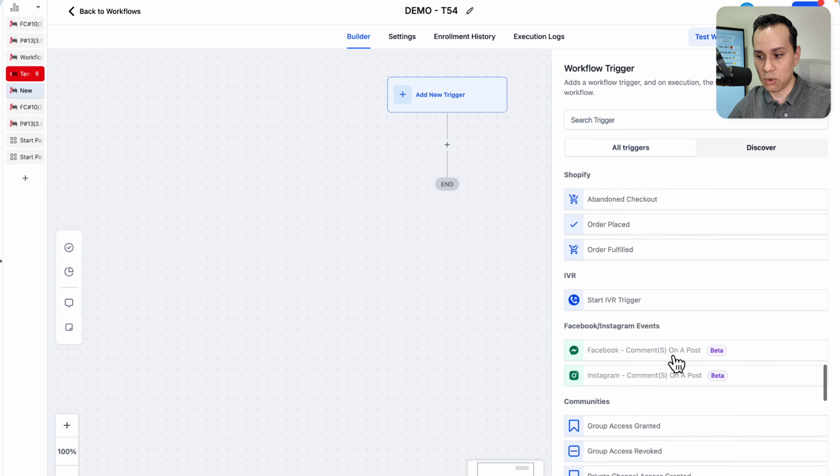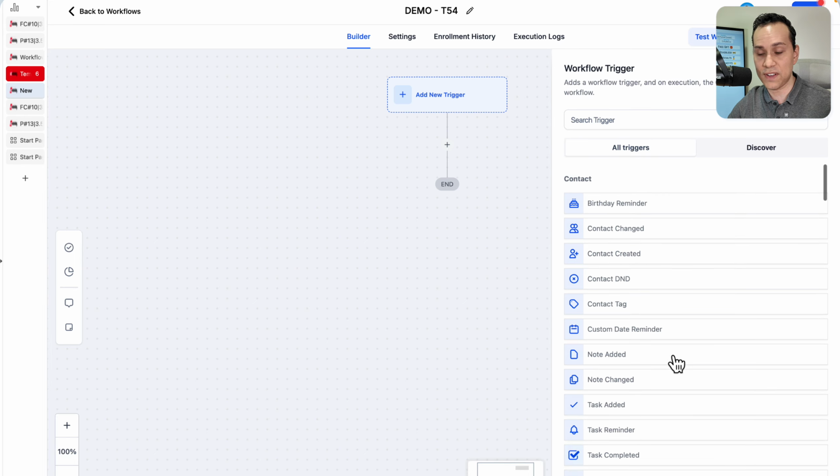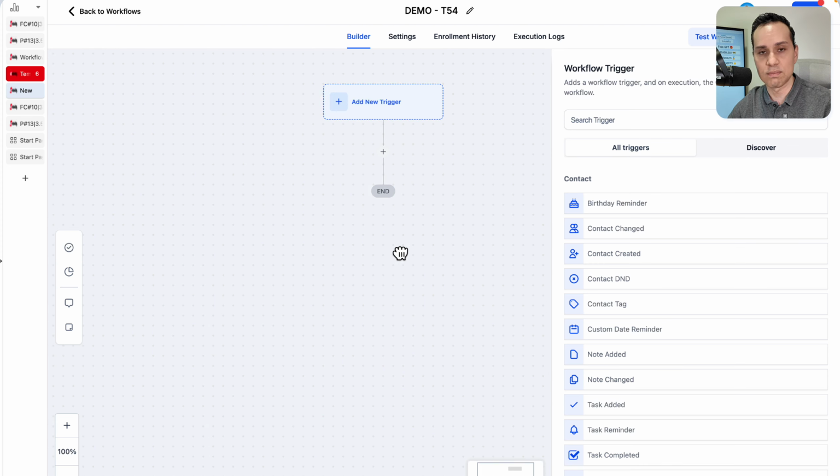And if you've ever read any horror stories of people saying, oh my gosh, I got charged $500 and I didn't know why, it's because they were using AI or they were using an integration and they just weren't keeping track of how much they were using that AI or integration. But here I'm going to use all of the free stuff because I think that's more than enough to get